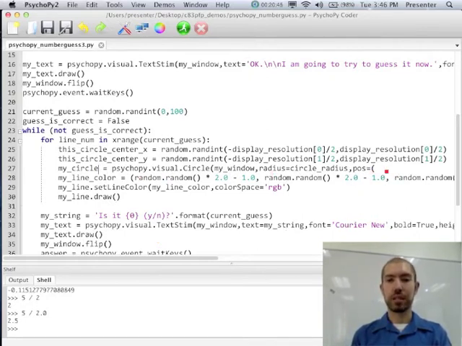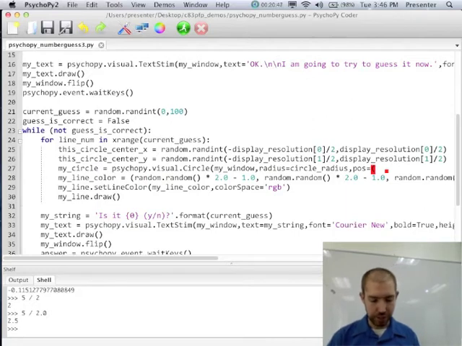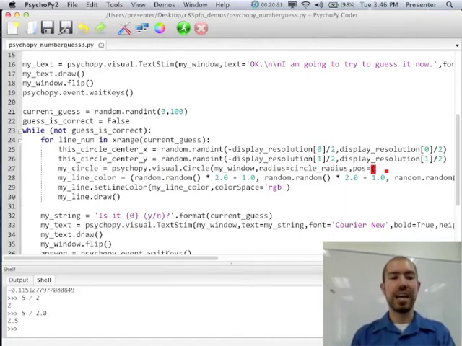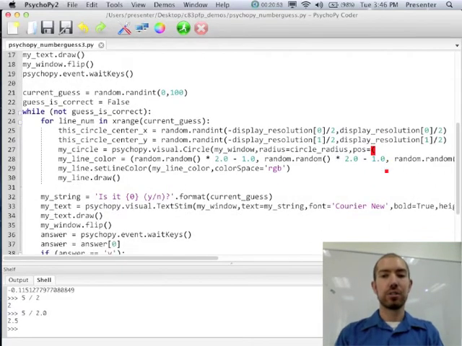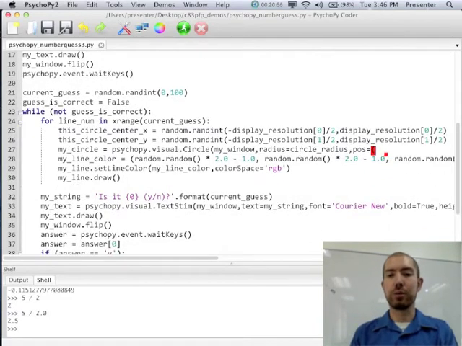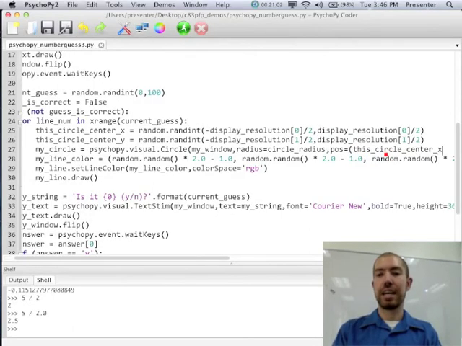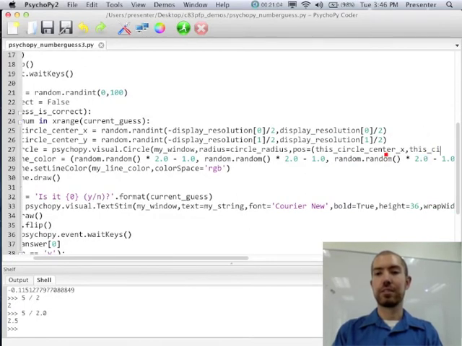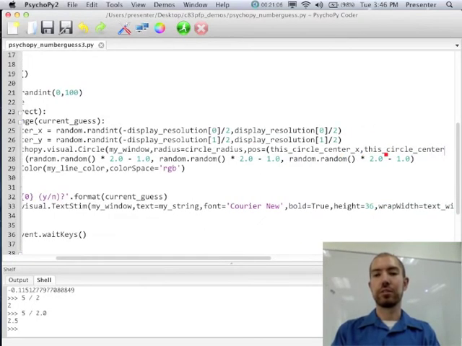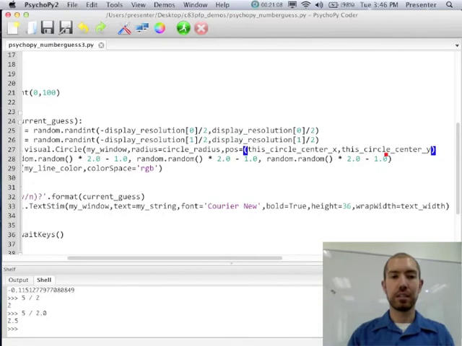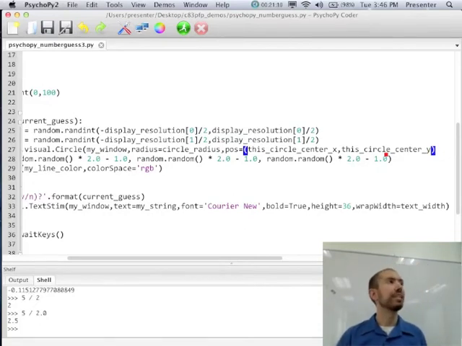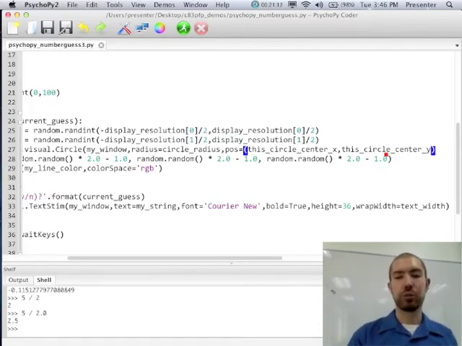And the position is just the circle center in X and the circle center in Y. So just like we did with the colors, we're going to put those in parentheses or round brackets and say this circle center X, this circle center Y. And that's actually all we need to tell the psychopy visual circle function.